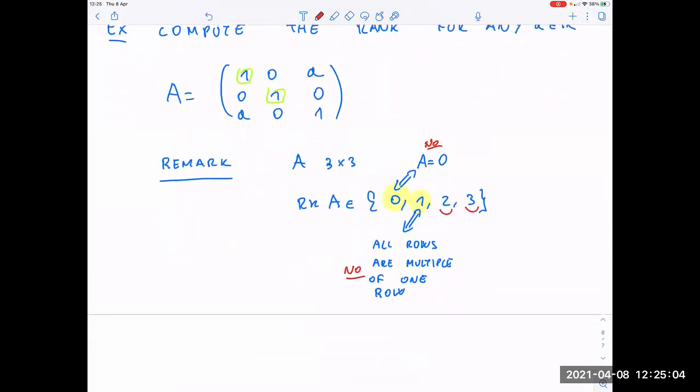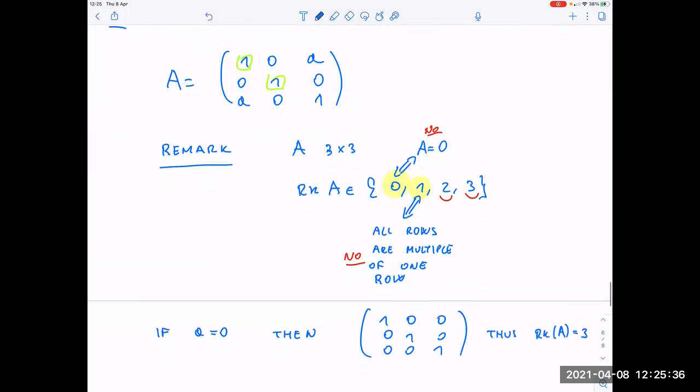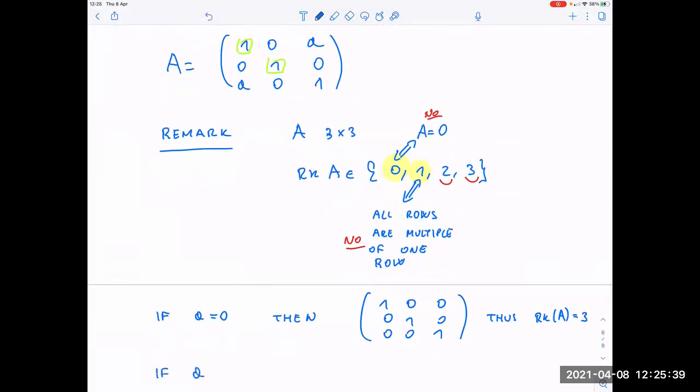Okay. And then you see something has to do with the value of A, because if it is non-zero, then it is a marker. So what we notice is that if A is 0, then the matrix takes this shape here, 1, 0, 0, 0, 1, 0, 0, 0, 1, and so the rank is 3. The rank of A is equal to 3 because it is just the identity. Okay. If A is different from 0,